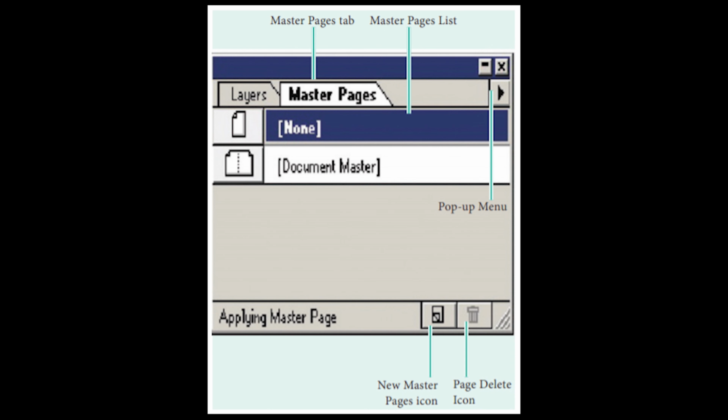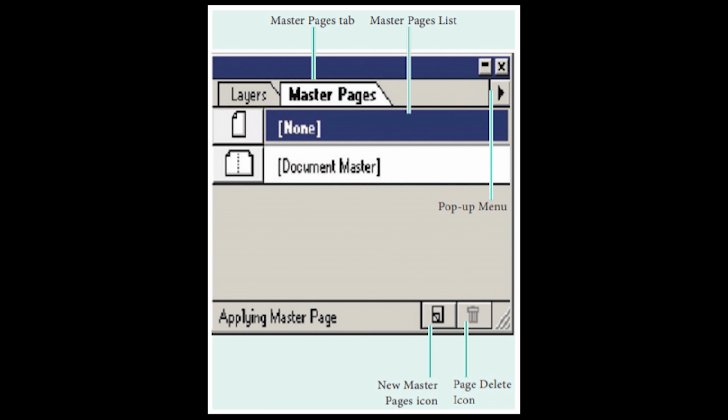Next we are going to create the master pages. By default, a PageMaker document will have a master page already created as the document master. Sometimes you will have to create one more master page. Even if you have multiple master pages, if some master pages have the header and footer or page numbers, you can create a new master page, and along with the older ones we can include this also.